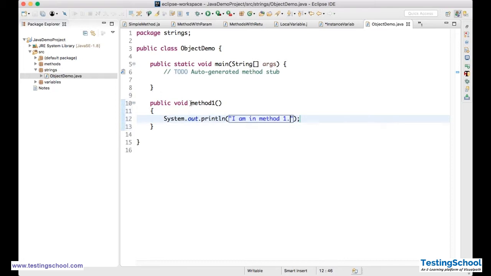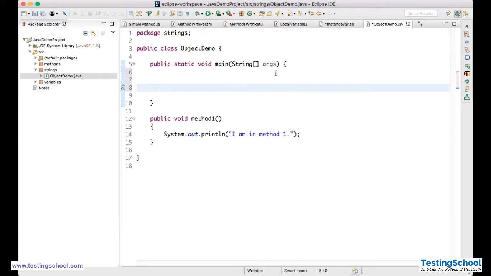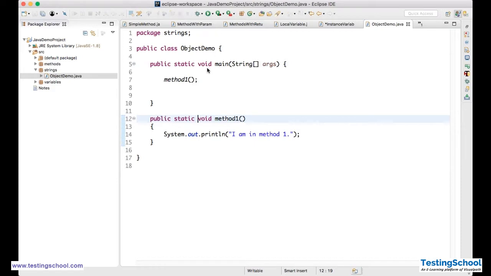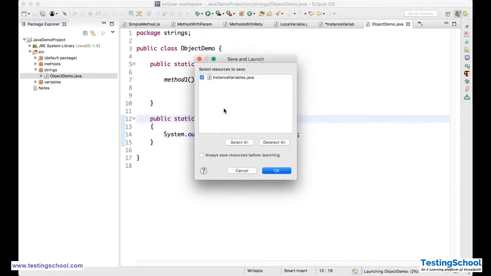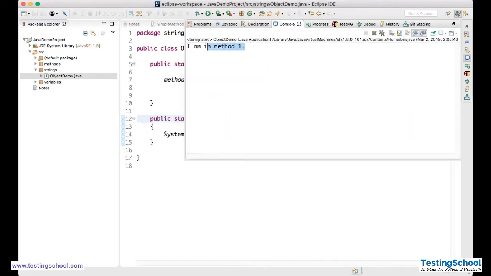If you want to execute this, I am calling this inside the main method, but it should be static. When I execute this, you see I am in method 1.